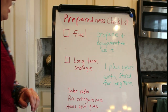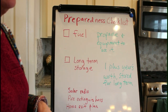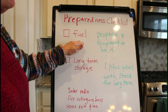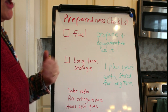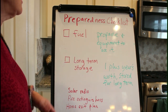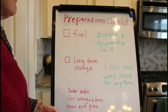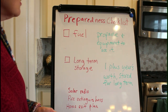Next thing on the list is going to be fuel. Now, as I said earlier, I have videos on each one of these categories, and so you can look up the fuel. There's a fuel calculator on there that shows how to know how much you need, and it probably is not as much as you might think. I recommend storing propane just because it's so accessible, and you can get those propane stoves that are very easy to use and even safe under certain circumstances to use